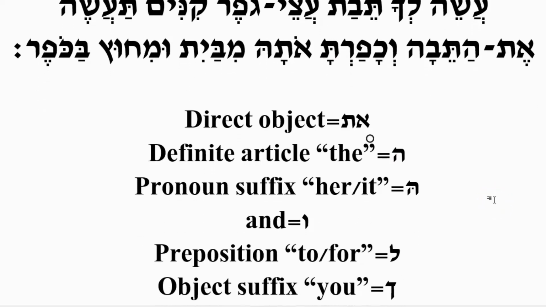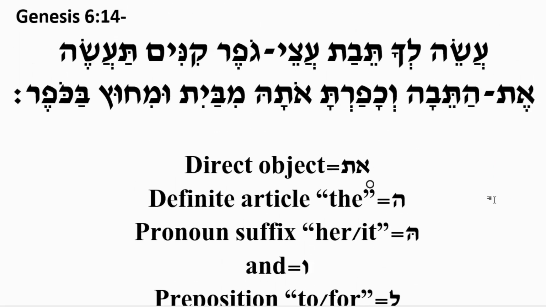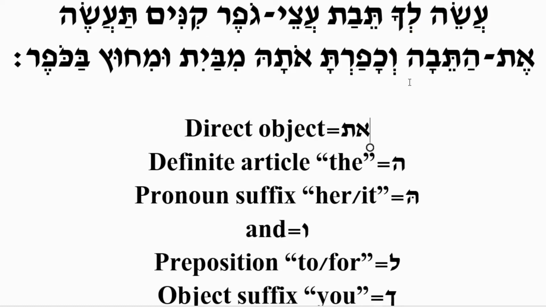Okay, now let us go a little bit further and look at some other instances here. Asa aseh lecha. So the lamed is a preposition of 2 or 4. Okay? And the chaf, the ender chaf here, the chaf sofit, is the object suffix u. Happens to be a masculine u here. Aseh lecha. So this would be for yourself or to yourself.